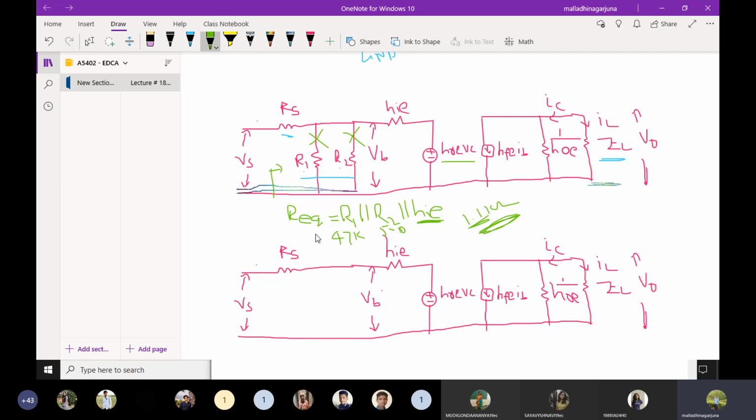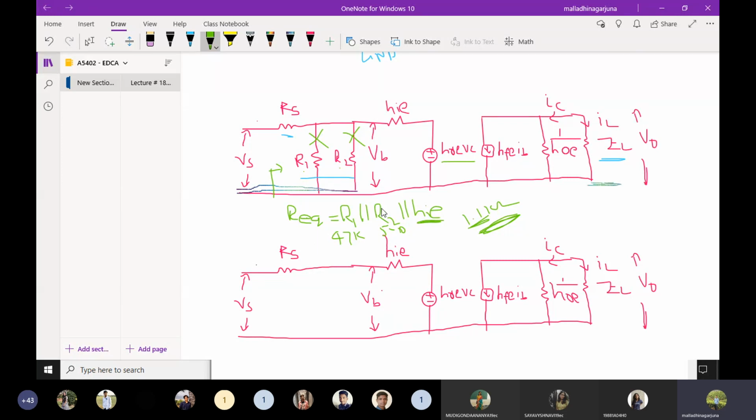Those two resistor values will definitely impact our DC biasing, setting the operating point. So there is a very big importance of R1 R2 in setting the operating point for the DC analysis. But from the AC analysis point of view, there is no use of taking R1 R2 into consideration, because these two will not influence your output much. So for that I'm not taking the R1 R2 resistors.